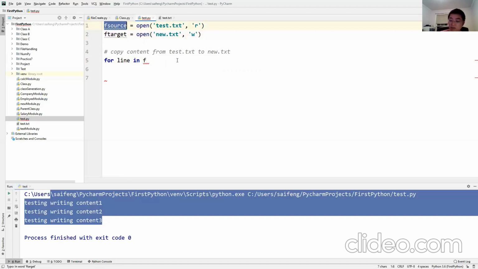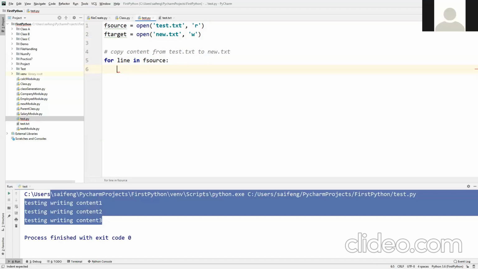Using F source, then what? I need to write into the target file.